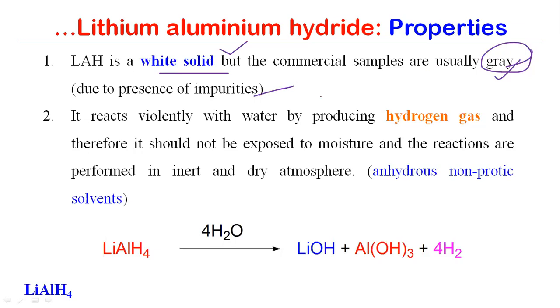All right. The second important thing we have to remember as a synthetic chemist is that whenever anyone is dealing with LAH, we should avoid water or moisture. Whenever we are doing a reduction of functionality using LiAlH4, the reaction must be carried out in an inert, dry atmosphere having no moisture. If water is there, a violent reaction takes place and hydrogen is eliminated. It can be explosive, so we always have to avoid direct contact of water with LiAlH4.